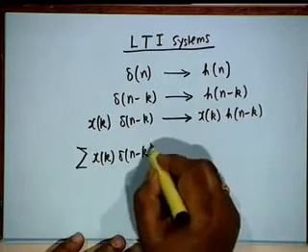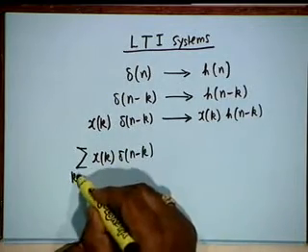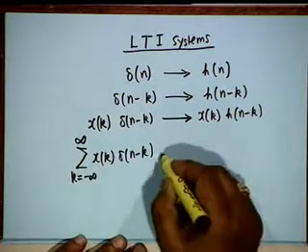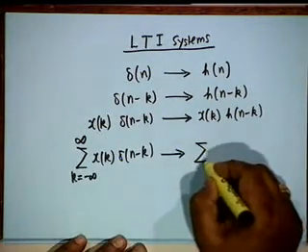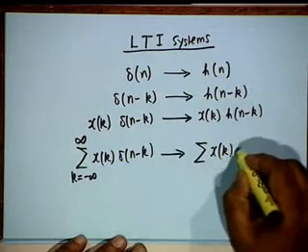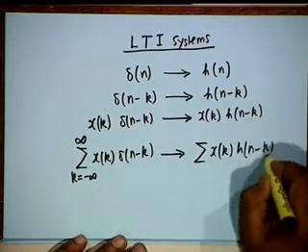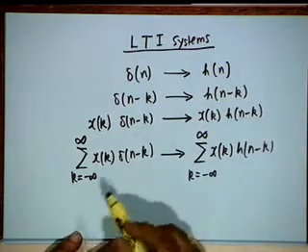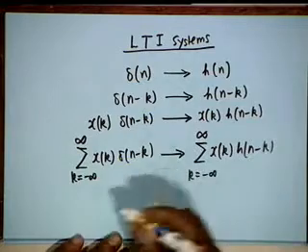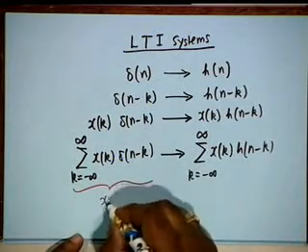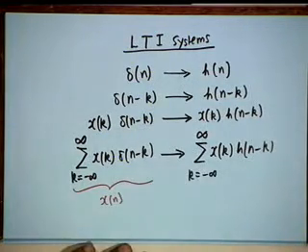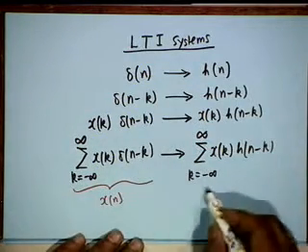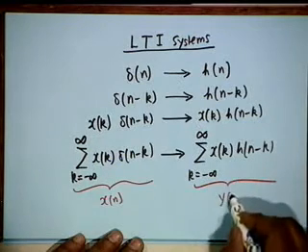We apply all these inputs simultaneously, k going from minus infinity to plus infinity in general, then this should lead to x of k h of n minus k, k going from minus infinity to plus infinity. But you see the left hand side is precisely x of n. An arbitrary x of n can always be expressed in this form. The output therefore must be equal to y of n,